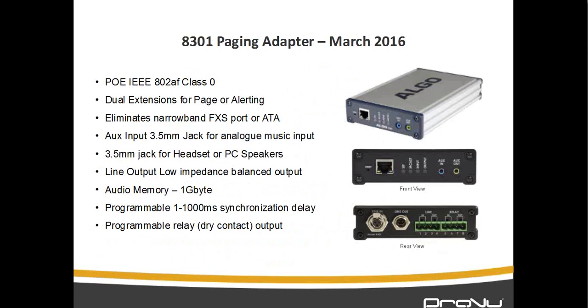It eliminates the need for an FXS port gateway like a Cisco ATA device, because it allows you to manage the amplifier part of it from the actual Algo rather than by going into the amplifier. This does have an auxiliary input jack for analog music input. I've tried it with my mobile phone, streamed it, and made it do a multicast, and it works quite well. It played music from my phone and from other Algo speakers we have in the office, and it works quite well. The audio was really, really good.